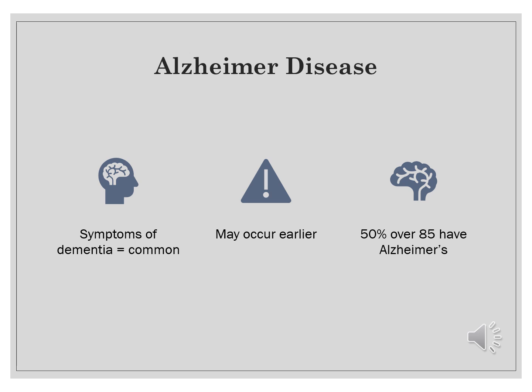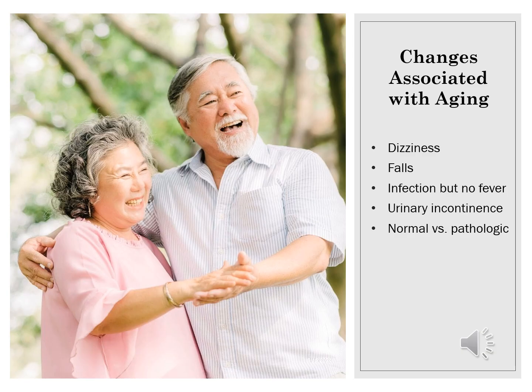After completing the examination, it's important for the radiographer to make sure that the patient is stable and able to leave the department. As people age, their body systems undergo gradual changes that can impact their health differently than younger adults. Older adults may experience nonspecific symptoms such as dizziness, unexplained falls, infections without fever, or urinary incontinence, which are signs of underlying diseases rather than the normal aging process. It's essential for radiographers to distinguish between what is considered normal for aging and what could potentially indicate a pathological